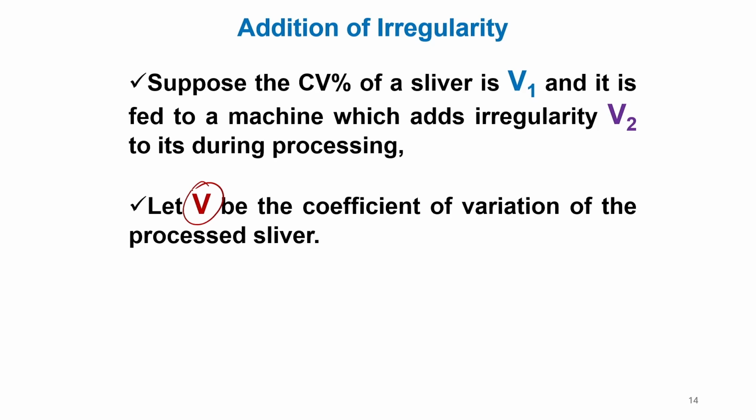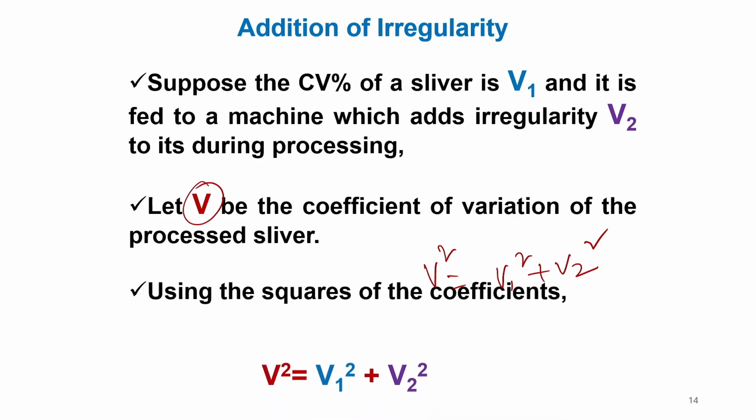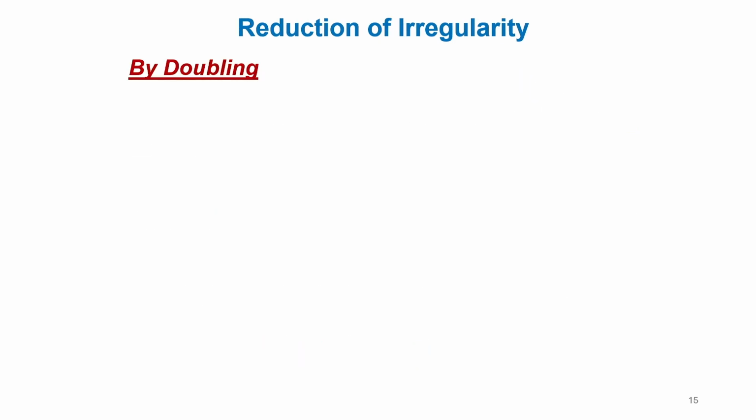So in that case, what will be the relationship? V square equals V1 square plus V2 square. Basically, it is added in terms of the square of the coefficients. And we can reduce it by doubling. So, in the draw frame